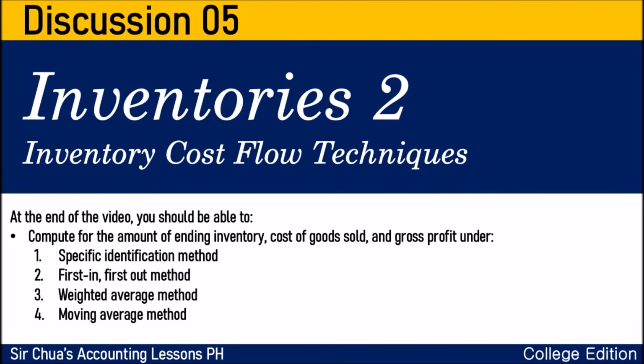Techniques. At the end of the video, you should be able to compute for the amount of ending inventory, cost of goods sold, and gross profit under specific identification method, first in, first out method, weighted average method, and moving